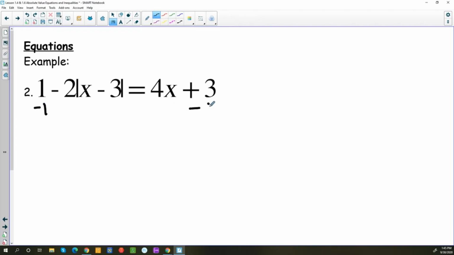So be careful, guys. A mistake that's commonly made is students actually do 1 minus 2 here. This 2, or technically negative 2, is attached to the absolute value. So you actually can't do 1 minus 2. When you're solving equations, regardless of what kind of equation, you actually want to think about doing the opposite of PEMDAS. So you want to see if you can add or subtract anything first, which in this case we're subtracting